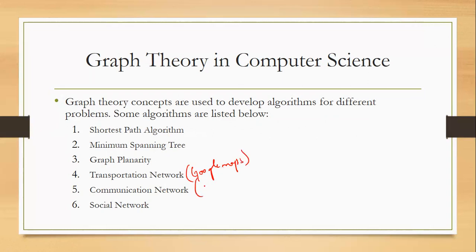Communication network, that is if you want to create a data center and install communication lines between two companies or between two cities, then you create a graph where the vertices are your cities and the edges are the links between those cities. And in social network, you create a graph. Suppose there is a group of friends who form a group, then we can create a graph in such a way that all the different friends are denoted by the vertices, and those who are friends to each other can be denoted by the edges. So these are a few of the applications of graphs.